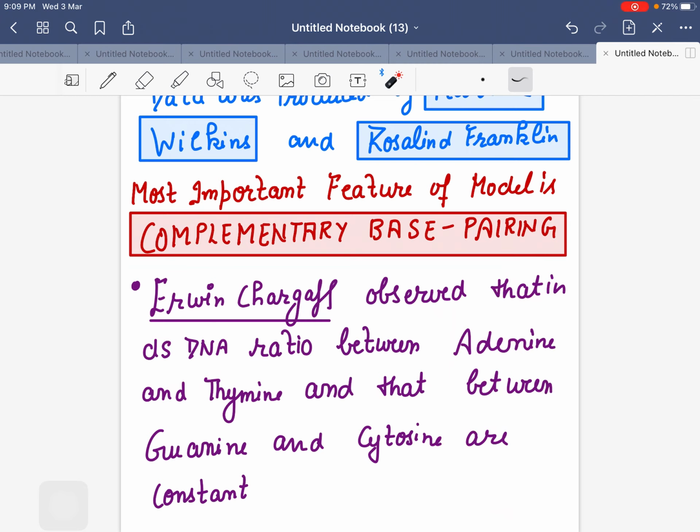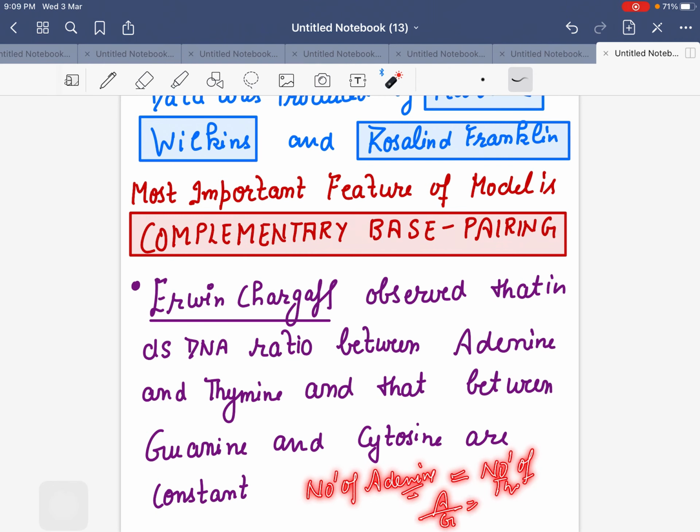So they said, first thing, the ratio between adenine and thymine and between guanine and cytosine will always be constant. Right? Means the number of, इसका मतलब क्या है? The number of adenine, the ratio है ना, the number of adenine will always be equal to the number of thymine,